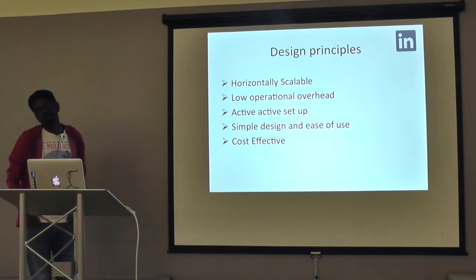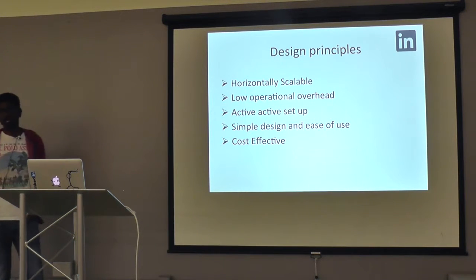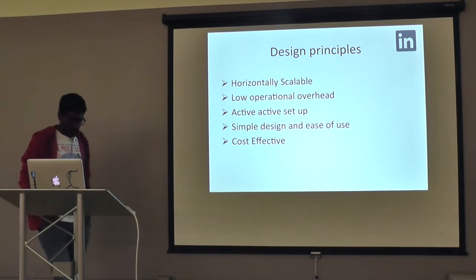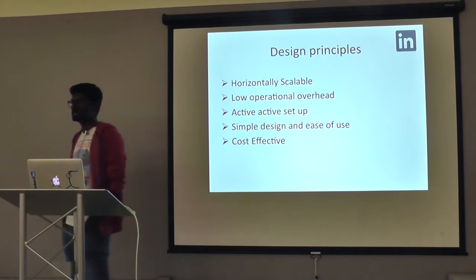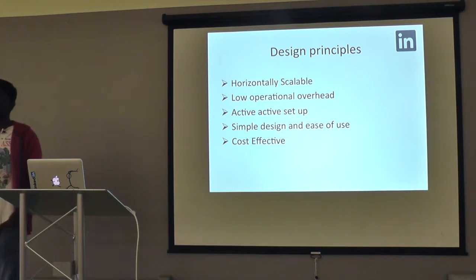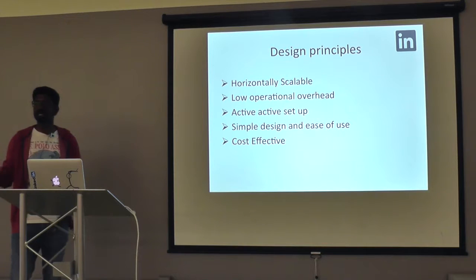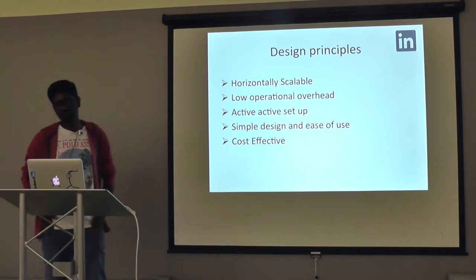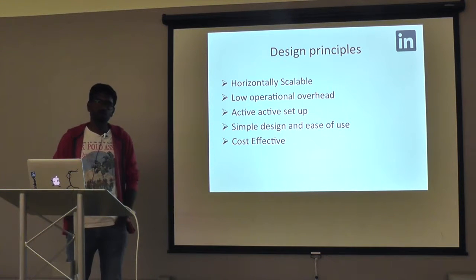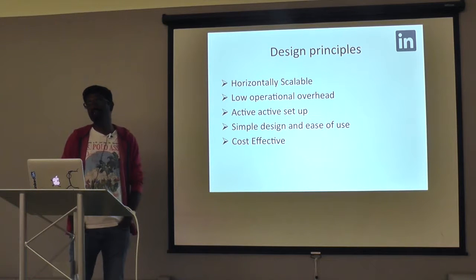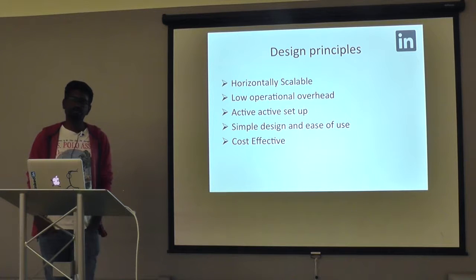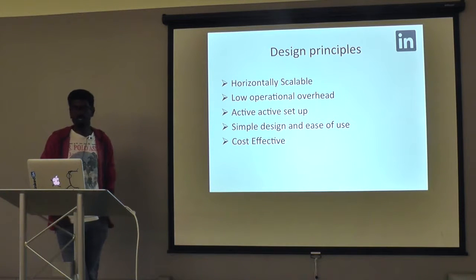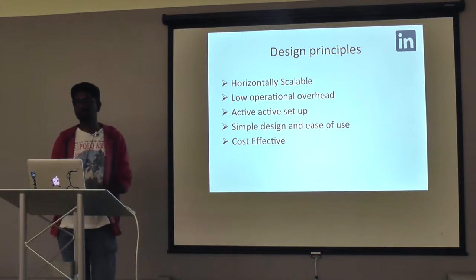Cost effective. Since time and again we are talking about media use cases here, as media becomes old, it also becomes cold. What I mean by cold is that the read QPS for your data gradually decreases as its age increases. So you can't afford to store your data in very expensive systems. Ambry is very much deployable on just commodity hardware or just a JBOD system. You just put a bunch of disks together and deploy Ambry on it.